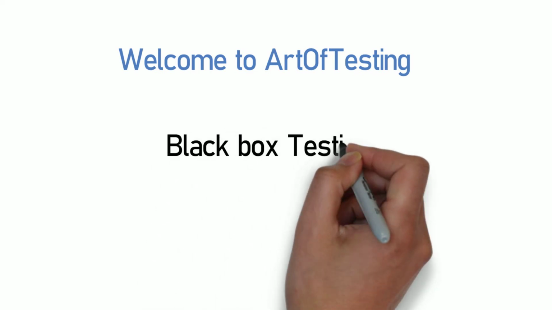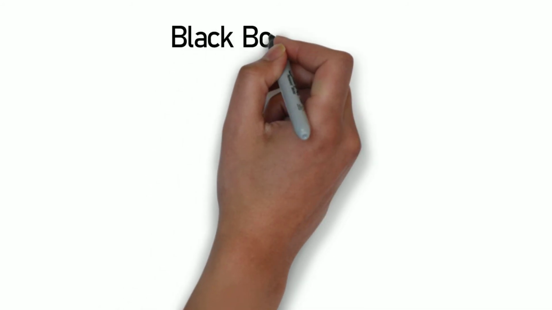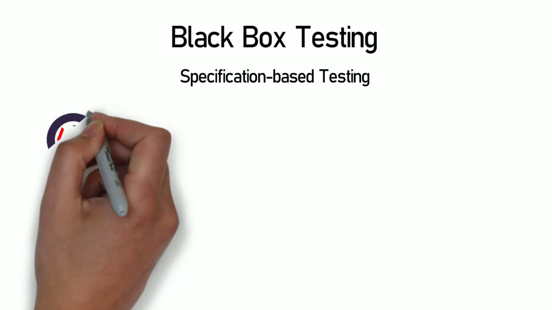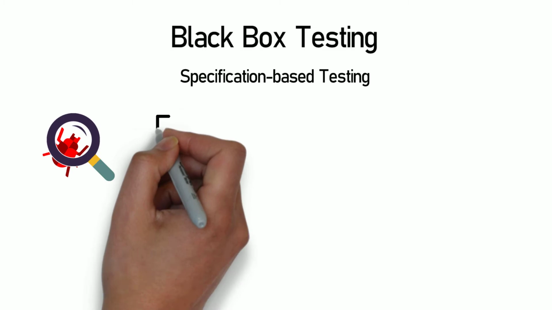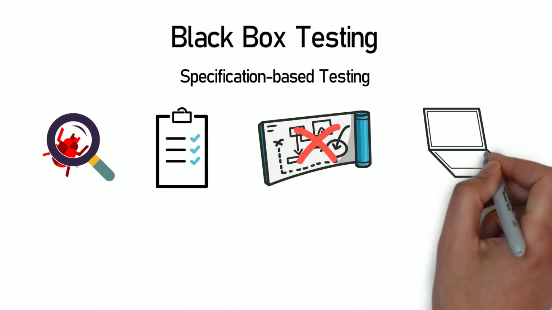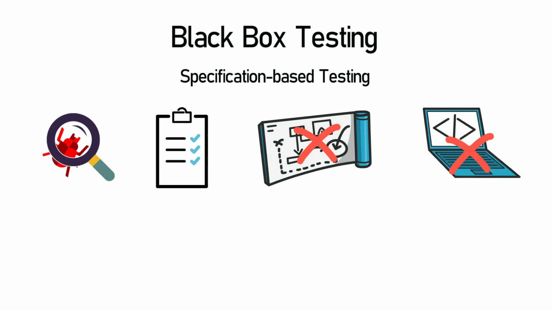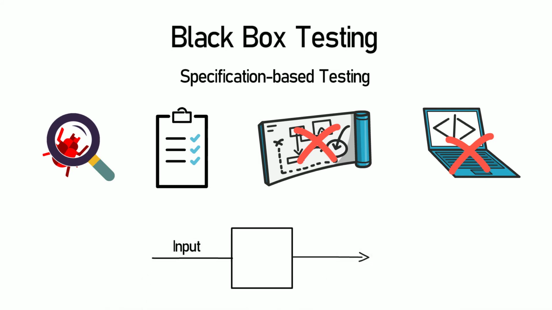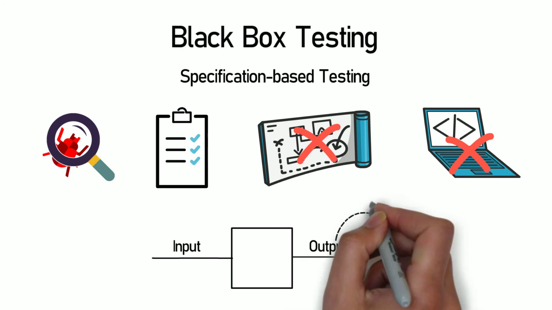In this video, we are going to learn about black box testing, which is one of the major test design techniques to design effective test cases. So let's begin. Black box testing is also referred to as specification based testing. It is a type of testing in which an application is tested based on its requirement specifications without the knowledge of its internal architecture or the implementation. Since we are not concerned about the internal structure of the system and consider it as a black box only, we just provide the input to the application and match the output with the expected result.